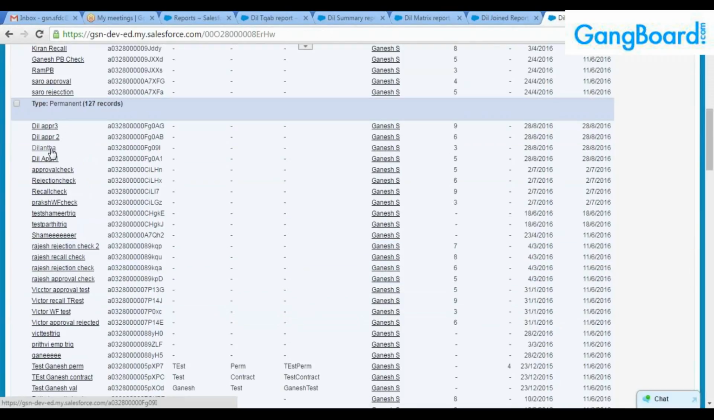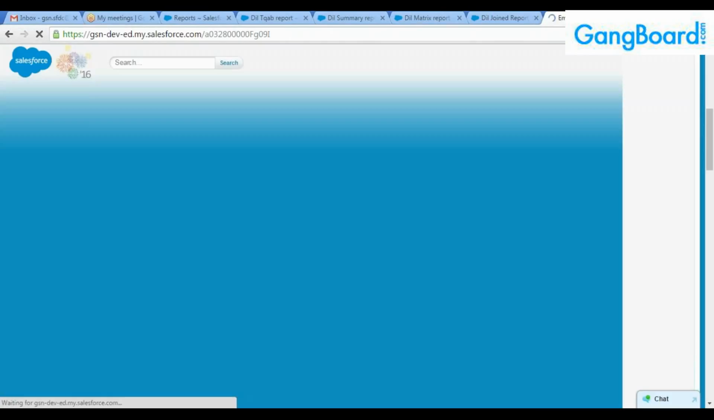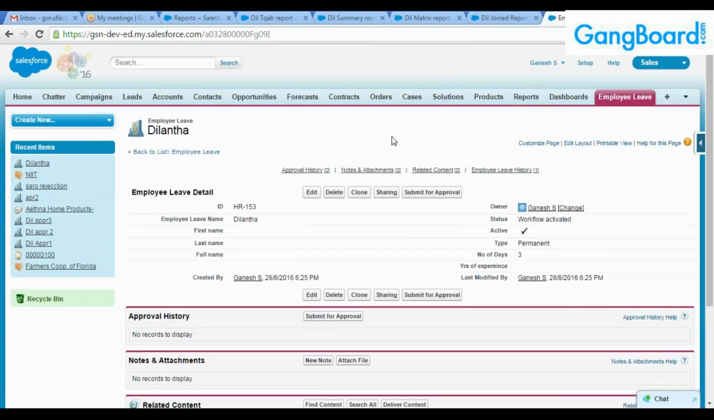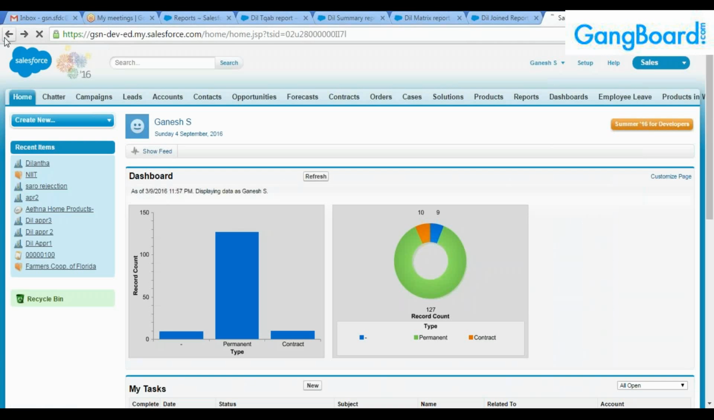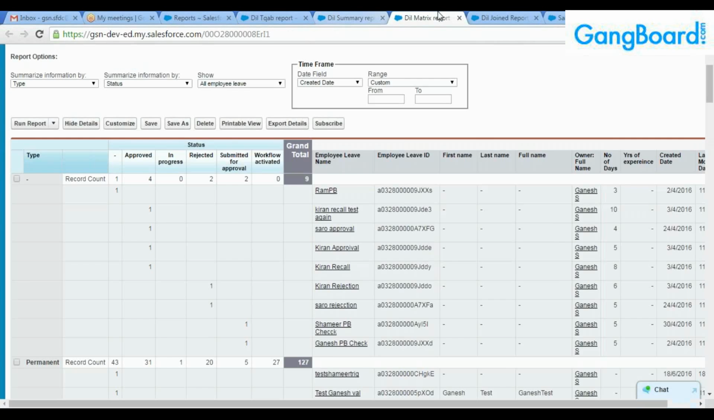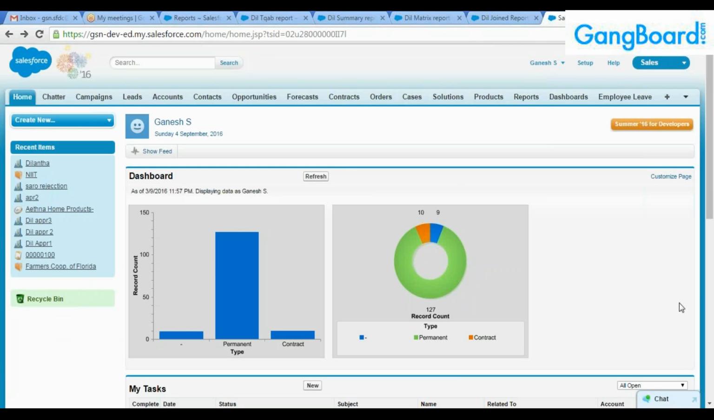Inside that report, if they wish to have any more further data, then they click on that particular record. Then it will take them to the particular object record. Fine. So if the top management wishes to have further insights about any data, then they might drill down this way, the reverse way. Fine. So this is all about your reports and dashboards. So if you wish to have any